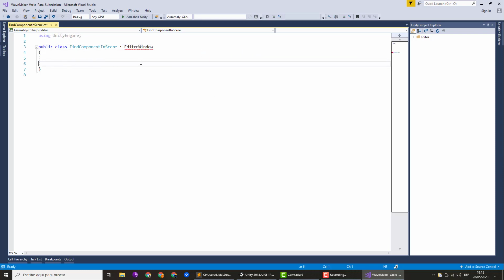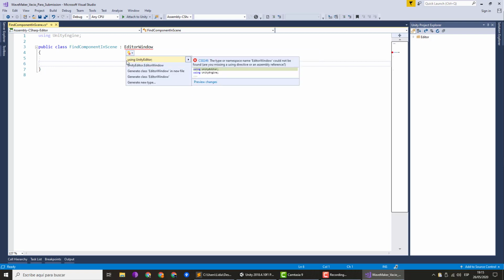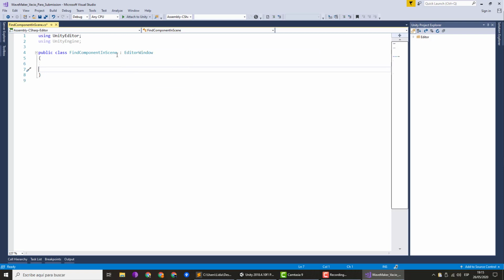Now we'll start having a problem. EditorWindow is inside a namespace that is called UnityEditor, which is here. Using UnityEditor. Visual Studio helps you with these things, so it will add this when you do that. So, okay, EditorWindow, and the first thing we've got to do is